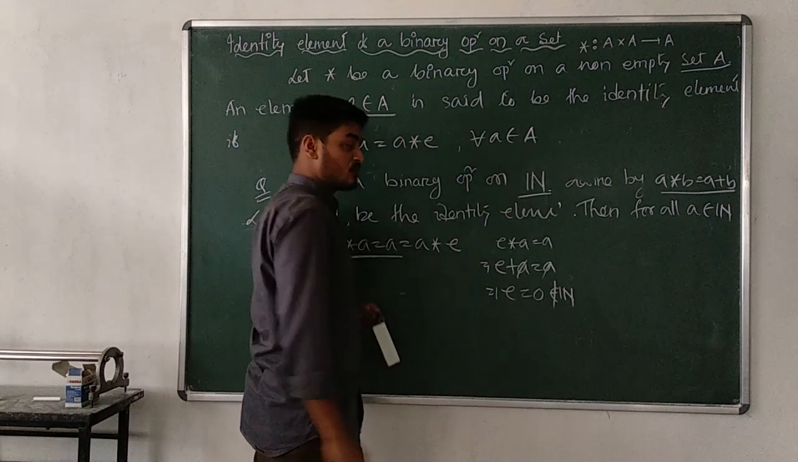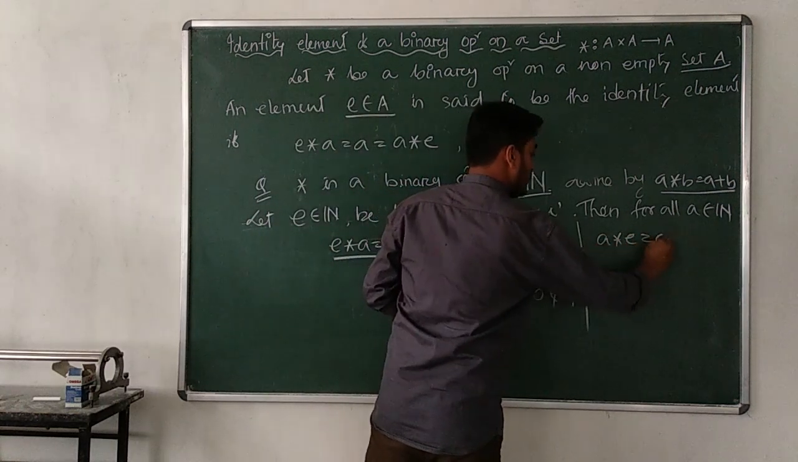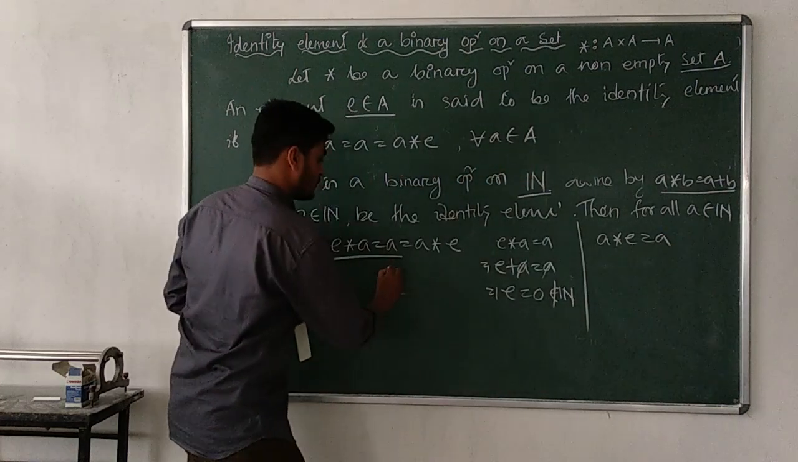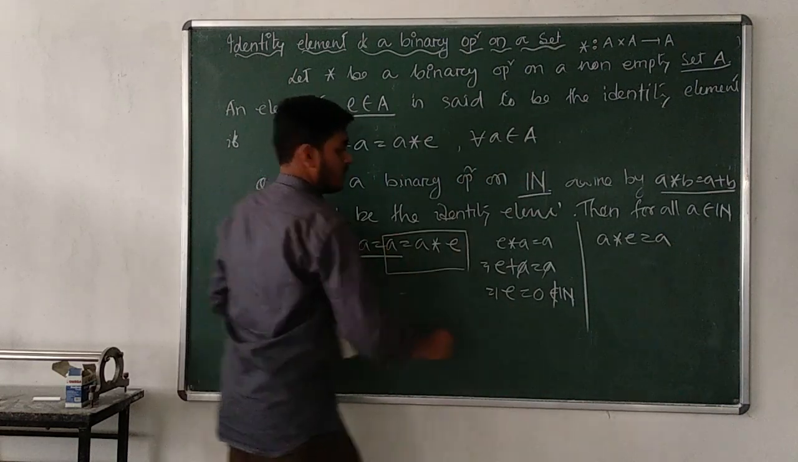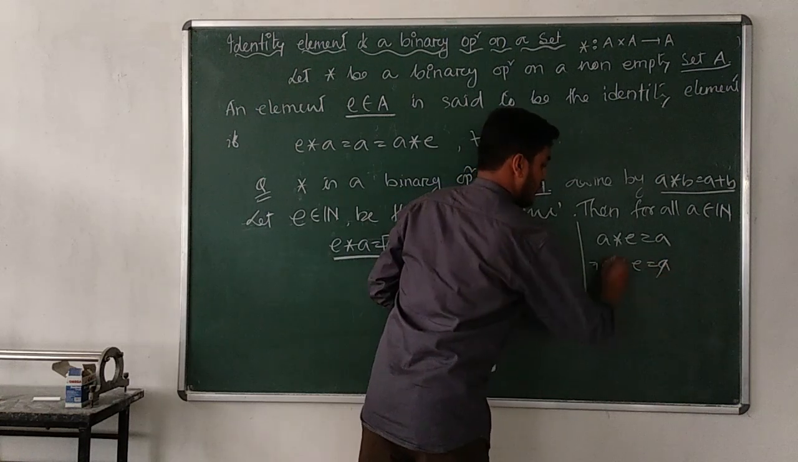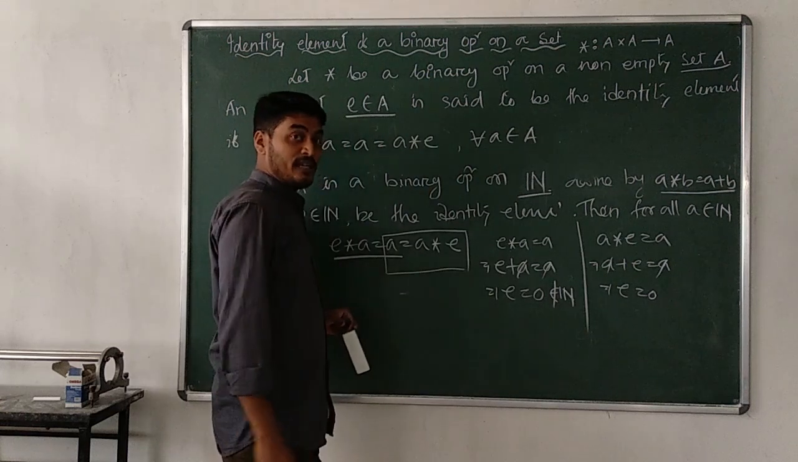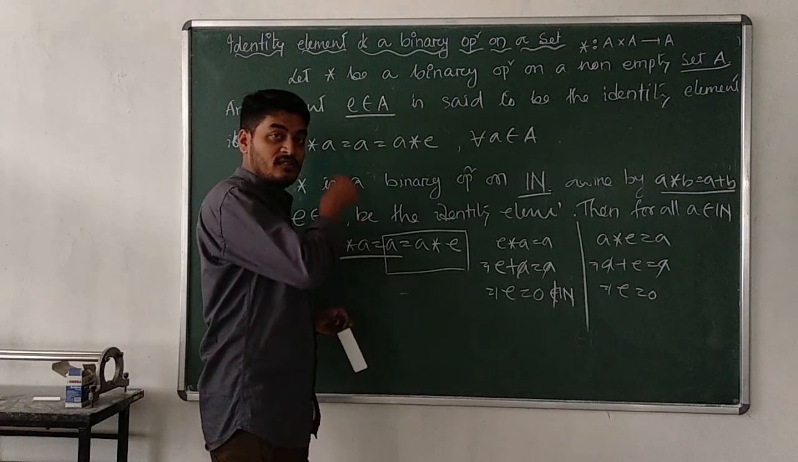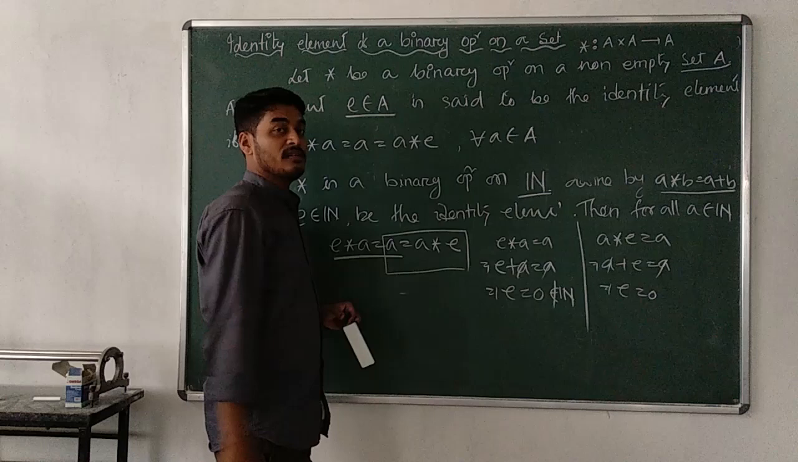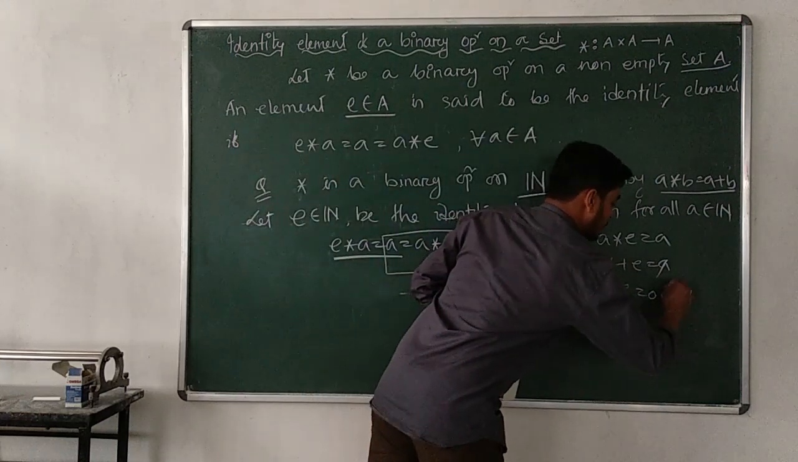We also have to check the right identity, a star e is equal to a. That means we have to check this one condition. In the same way, a plus e is equal to a. No doubt we have got the same answer, but e should be a natural number because the binary operation is defined on N. That's why e should be a natural number, but we are not getting a natural number. That's why the identity element